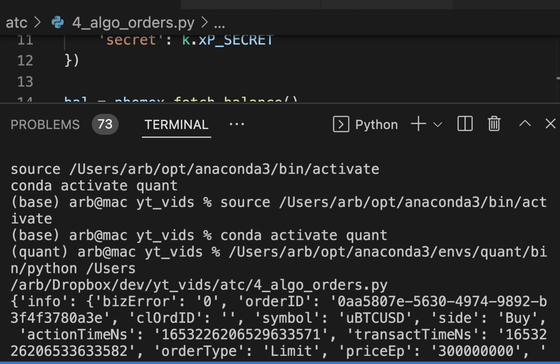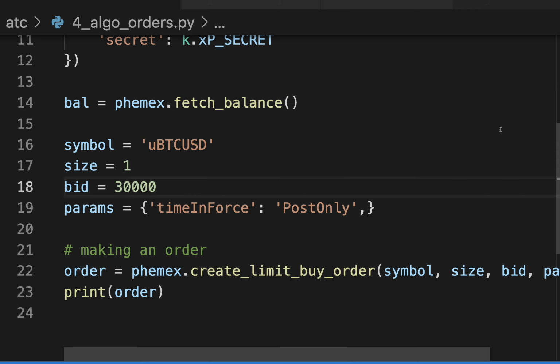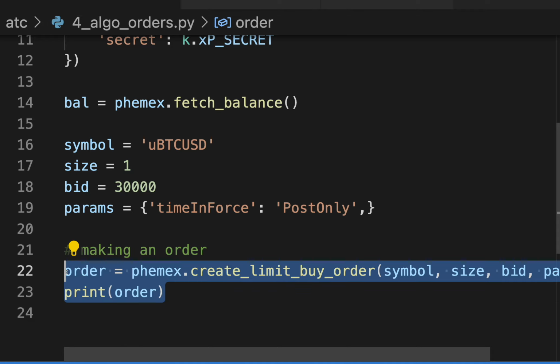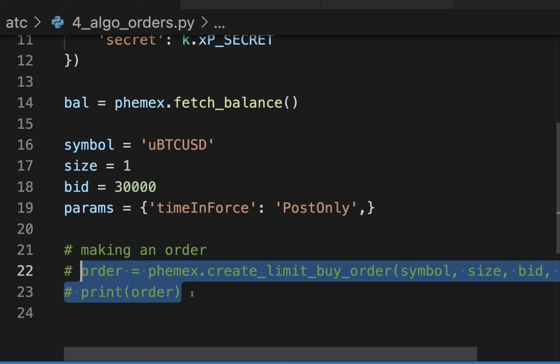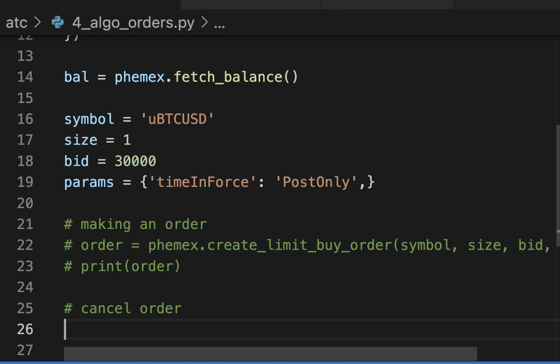Just like that. So you can use this information however you please, but that's how you make an order in CCXT. Now, how do you cancel an order? I think that's super important as well because, for example, I don't want that order. So let's say cancel order. And then you just do